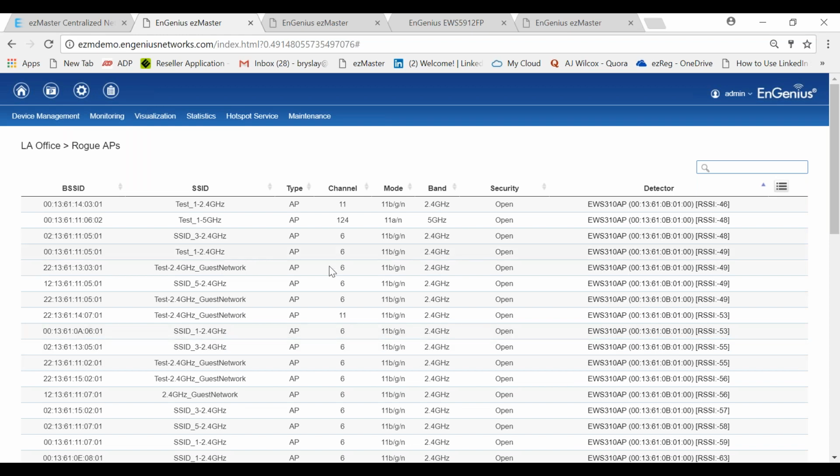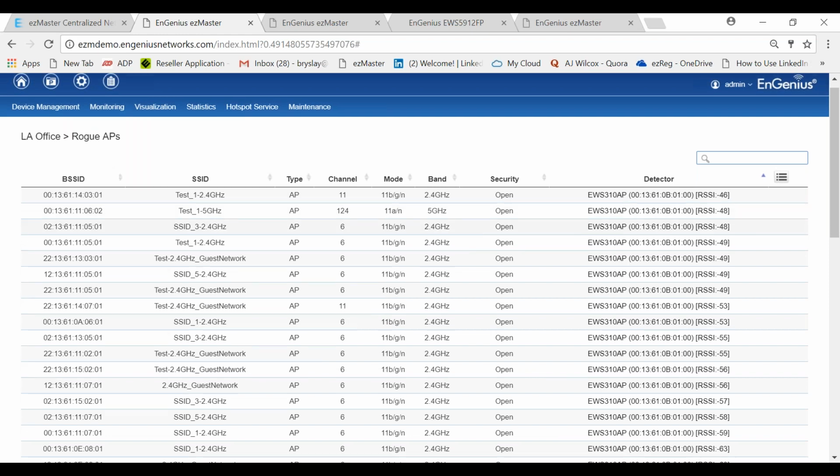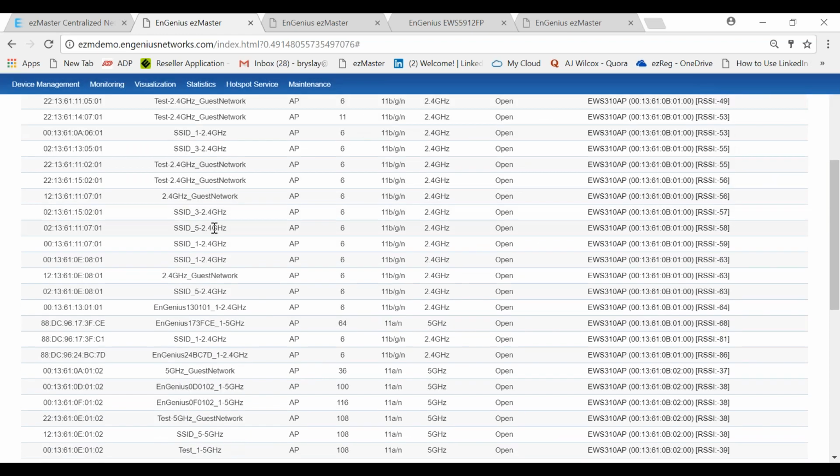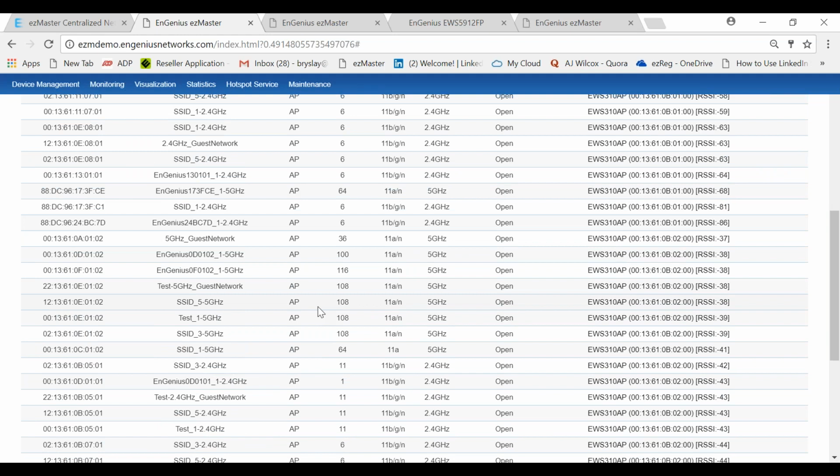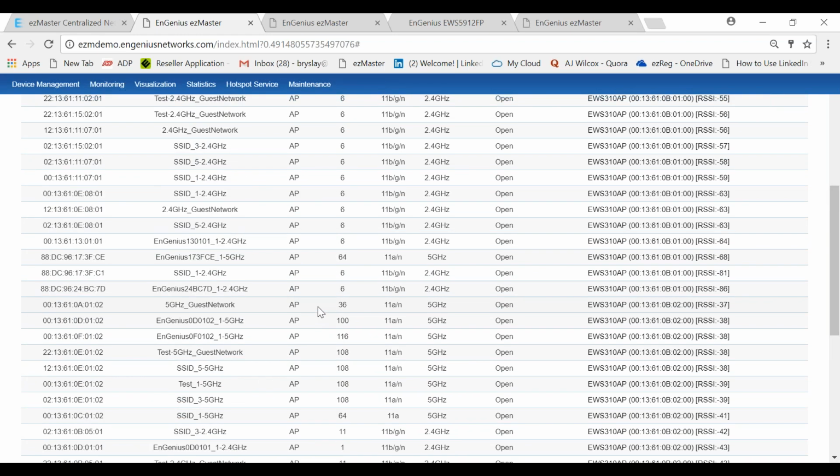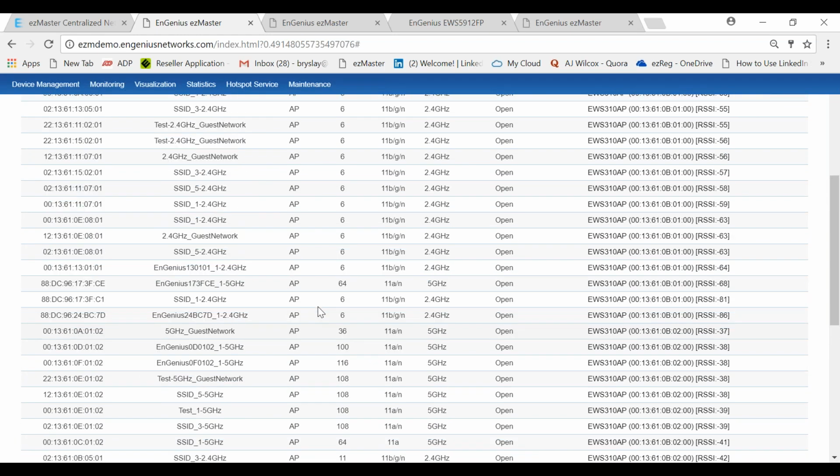When you first set up your access points, you want to run background scanning. It will collect all the data of the devices that are in your network, and you would come to the screen to detect a rogue AP. So you can visually scroll through and quickly identify if there is a rogue AP attached to your network.